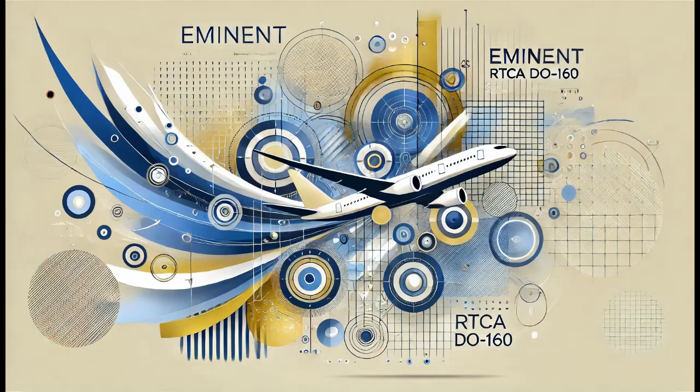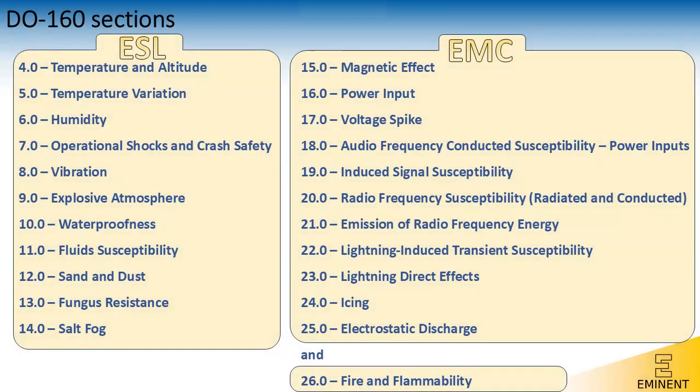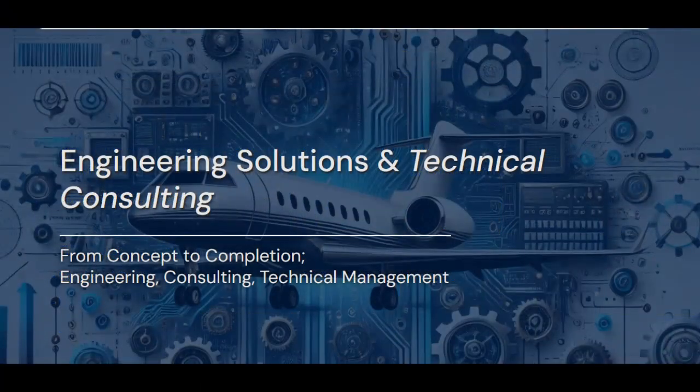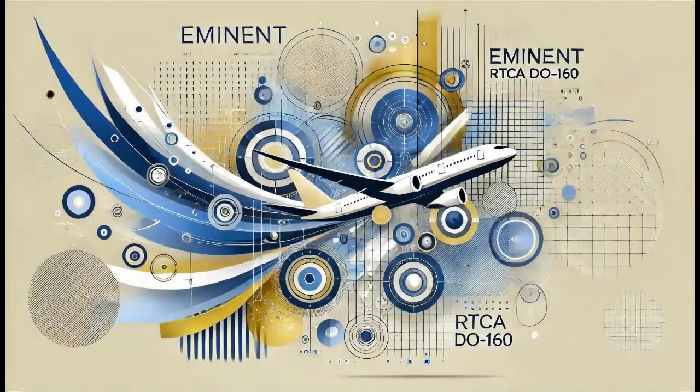The most recent revision, DO-160G, introduced in 2010, reflects the increasing complexity of aircraft systems and the growing role of electronics in flight. Key changes and additions in DO-160G include enhanced lightning protection, updates to sections on lightning-induced transient susceptibility, ensuring that modern electronics are shielded from intense lightning-induced transients, essential for flight-critical systems. Extended power input and voltage testing: additional categories and refined criteria for power input testing support the wide range of power sources now used in modern